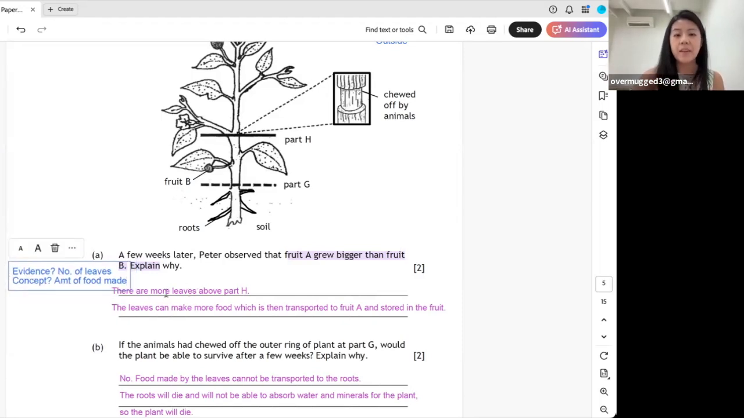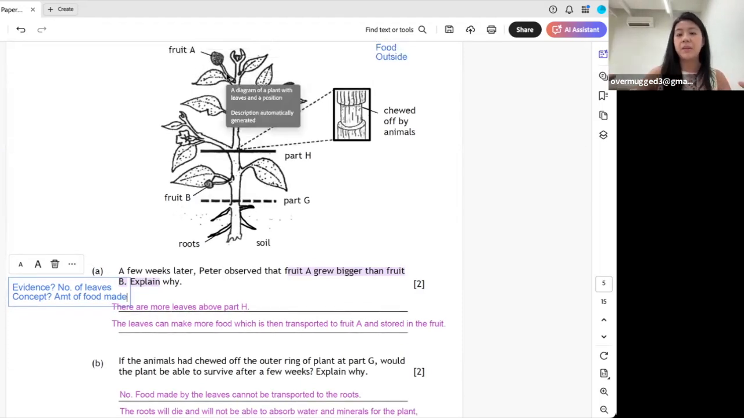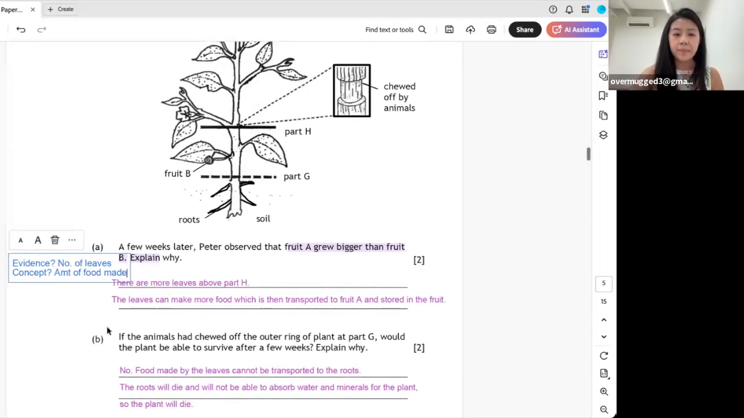So what happens here is there are more leaves above part H. These leaves can make food or make more food. This extra food can be transported to fruit A and be stored there. Okay, therefore it becomes bigger and bigger and bigger. All right. Now in part D, if the animals had chewed off the outer ring at part G,